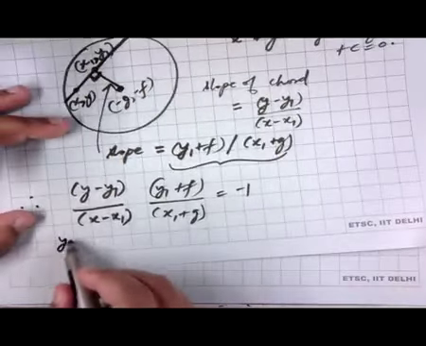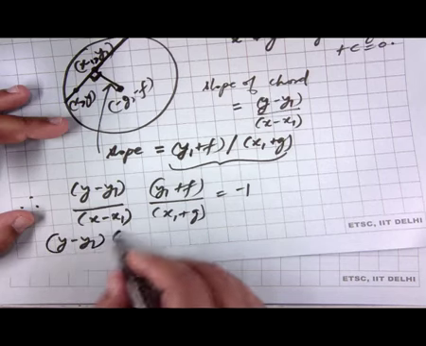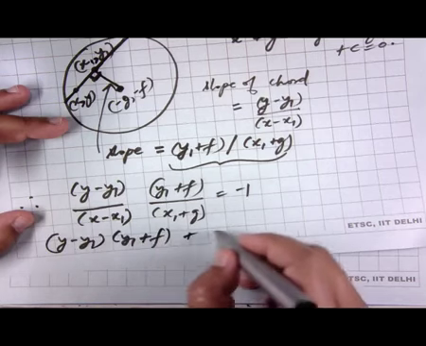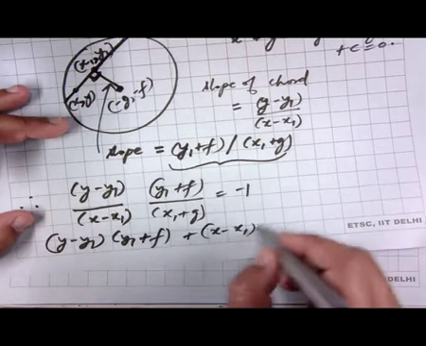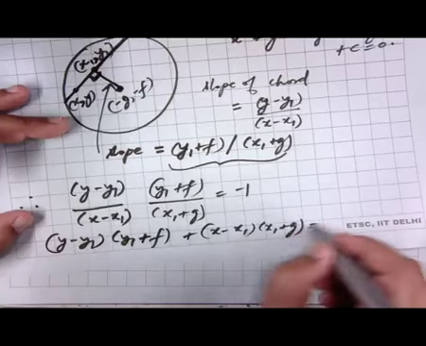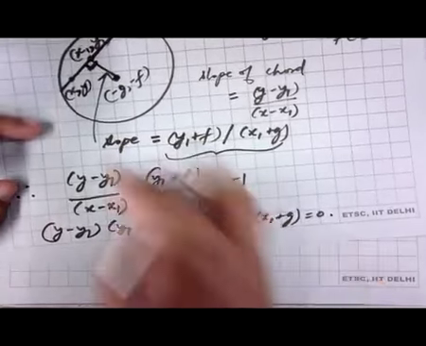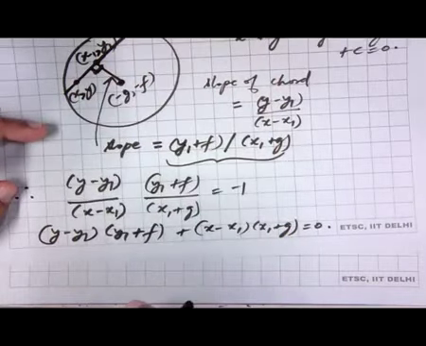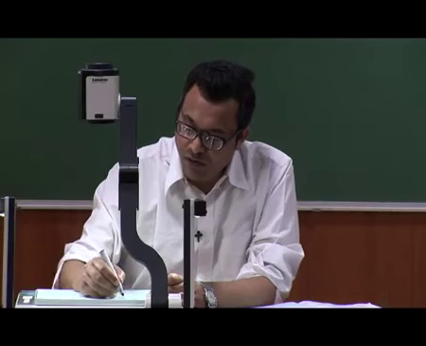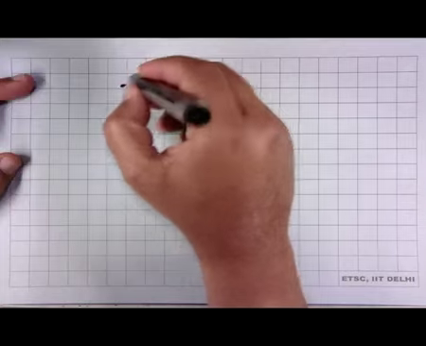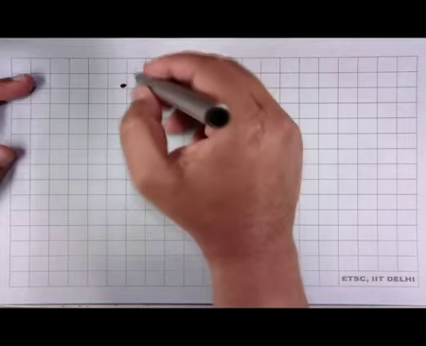Which can be simplified to, and this is the equation of the chord. So, next we are interested in finding the equation of the chord. So, let us say that. So, next let us say that